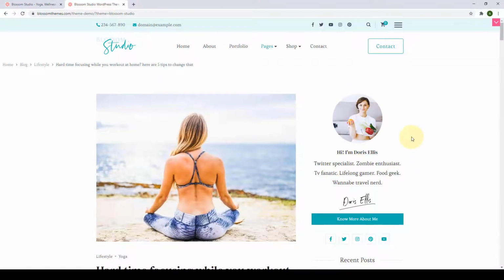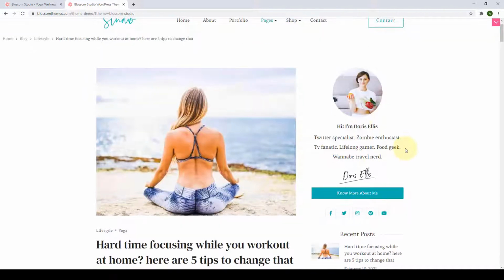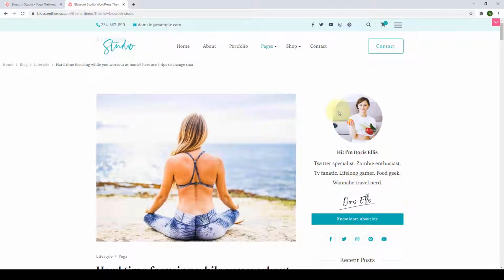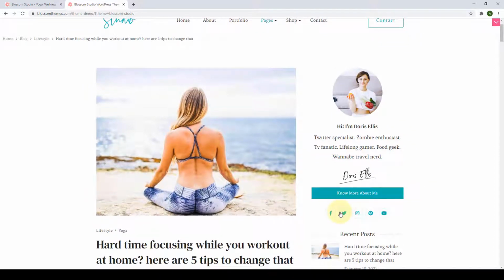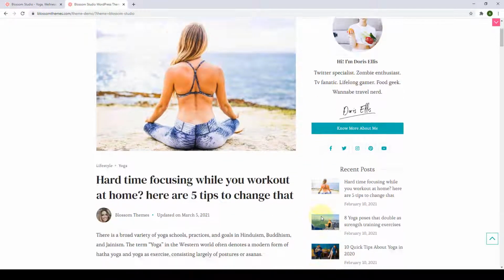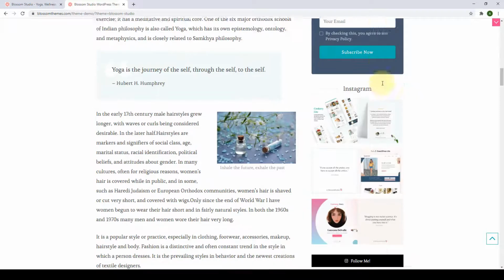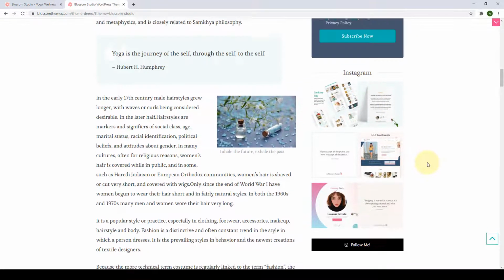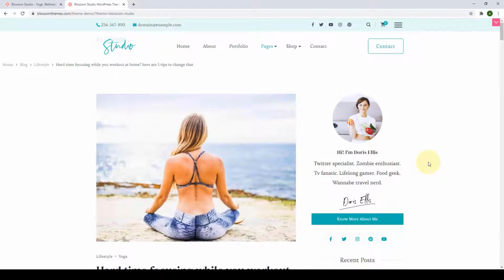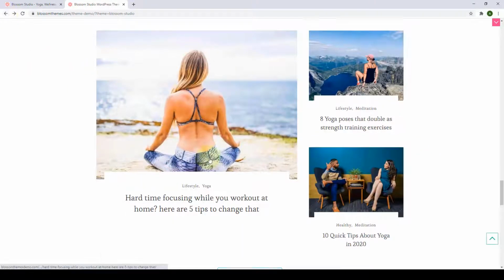On your sidebar, you can display your author bio, where you can add short information about yourself. You can add your signature to make your social media profiles display. You can also add the image of your choice. This is an excellent way of being familiar with your users, and blogging is all about branding. It's all about how you present yourself, so you can make a good use of the section right over here. You can add recent posts, categories, newsletter, Instagram widgets, and how you can add all of this is included in the video. We will go back to our homepage,